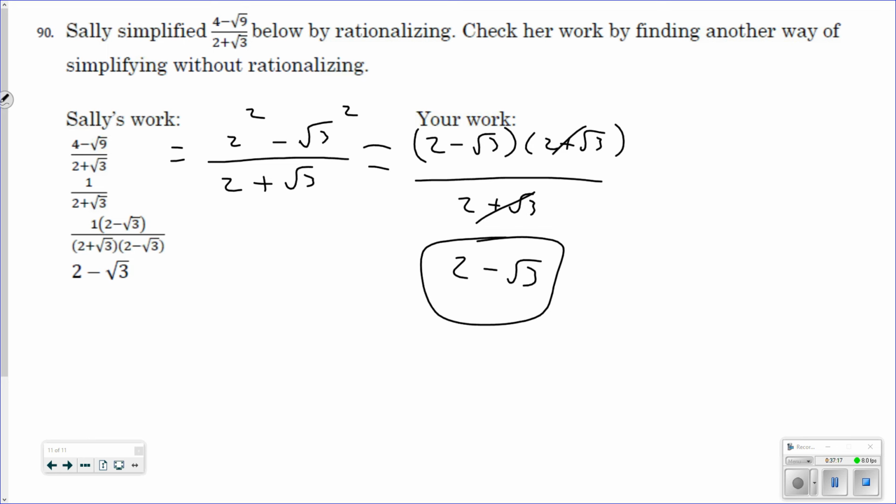This is the problem we're given. So I'm going to explain it. But you're right, that's the way I would do it. That's what I was going to